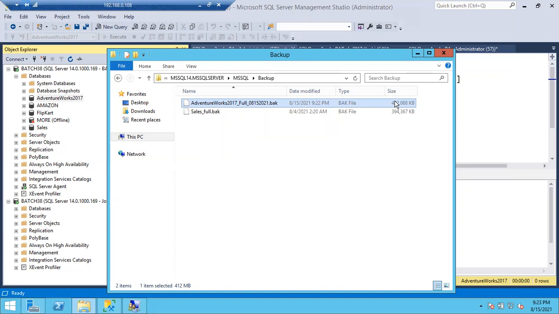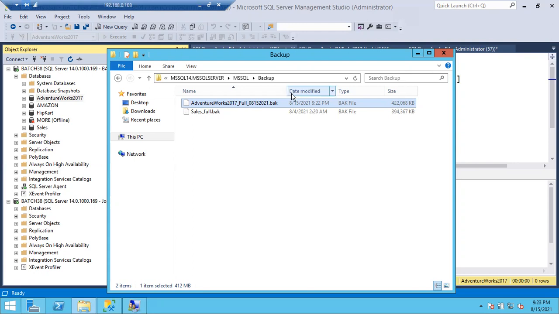So if more than one backup set is there in a file, that file is called a media set. Collection of backup sets is called a media set. Clear? Any issues, any doubts? This is how we have to take the full backup.